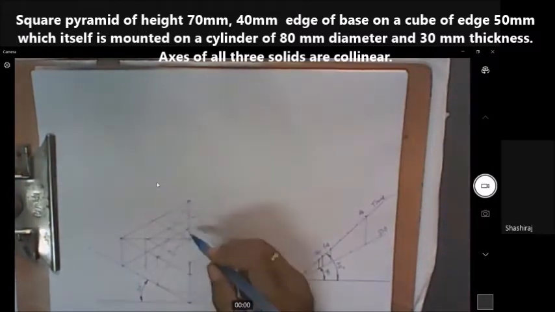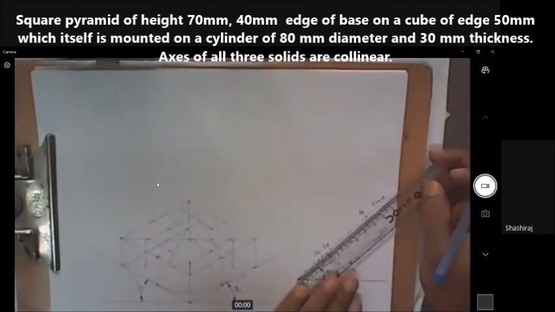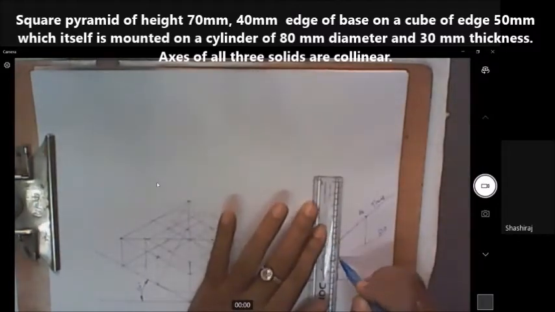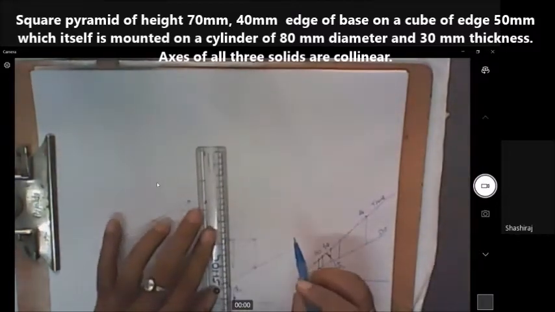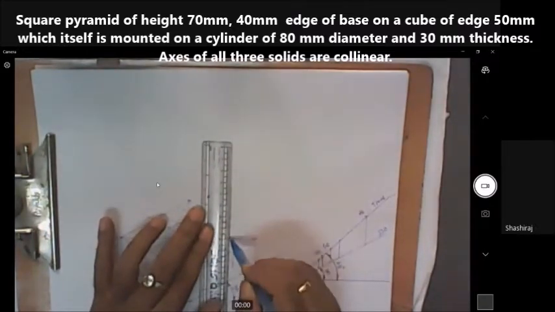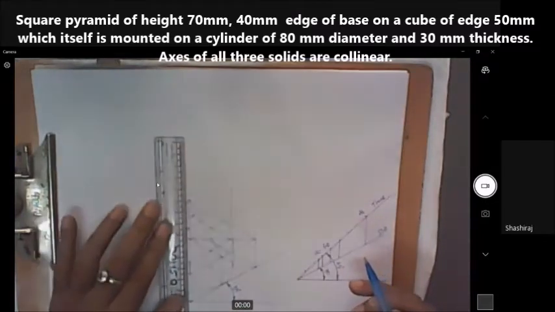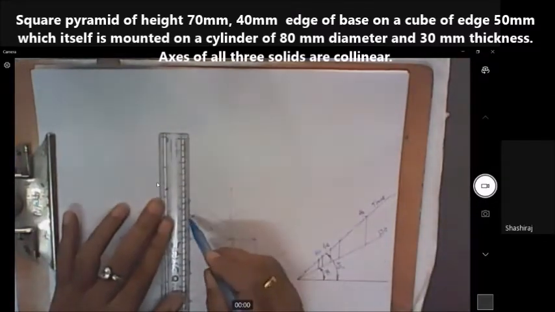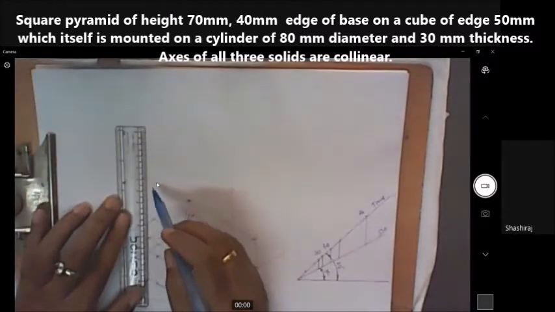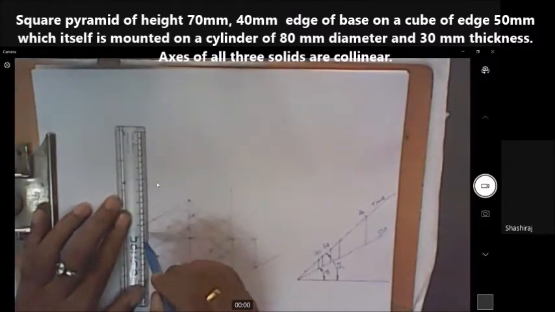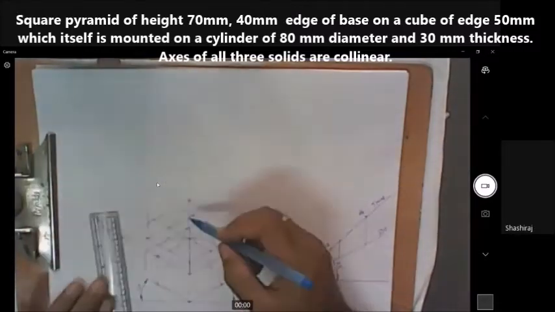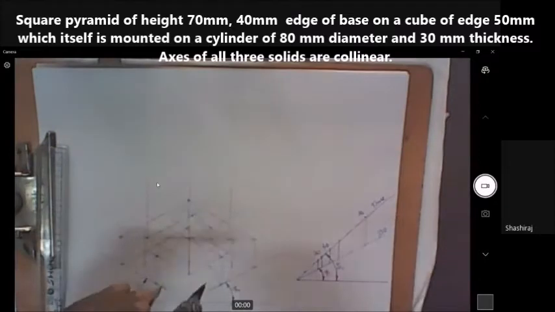Now I have to give the height for this. ISO 50 I should take is here. ISO 50 will be obtained by drawing a vertical line here. And first draw vertical lines from all the corners. See, one of the corners I am drawing a vertical line here. Second corner I am drawing a vertical line here. Third corner I am drawing a vertical line here. And the fourth corner is to be here. I'll draw it here. So ISO 50 I am marking.